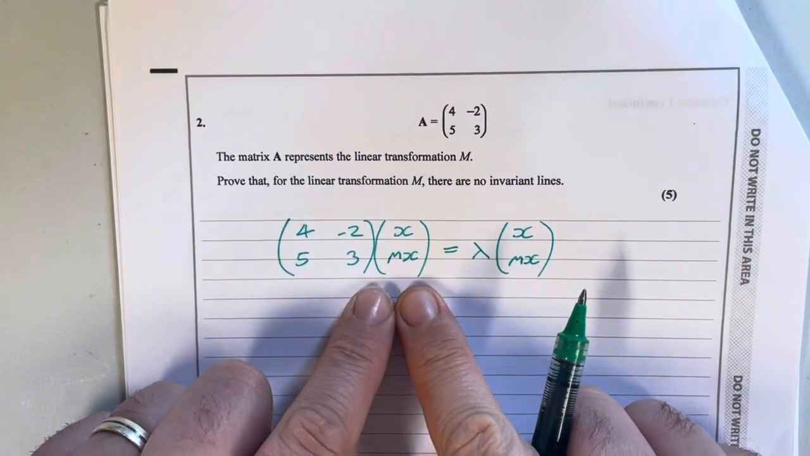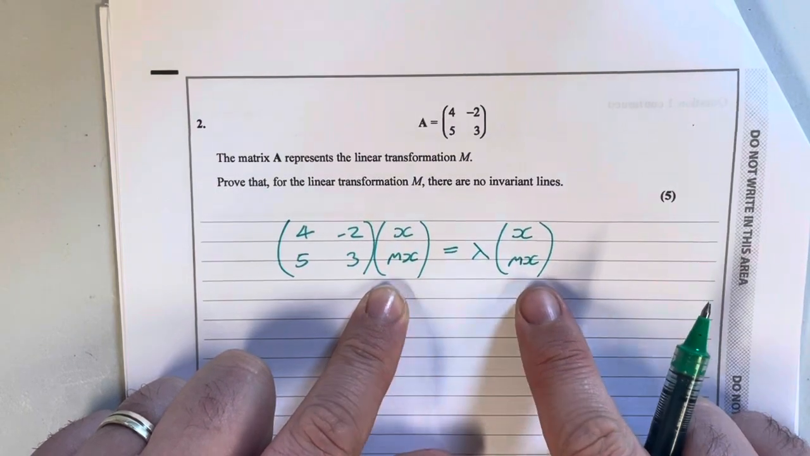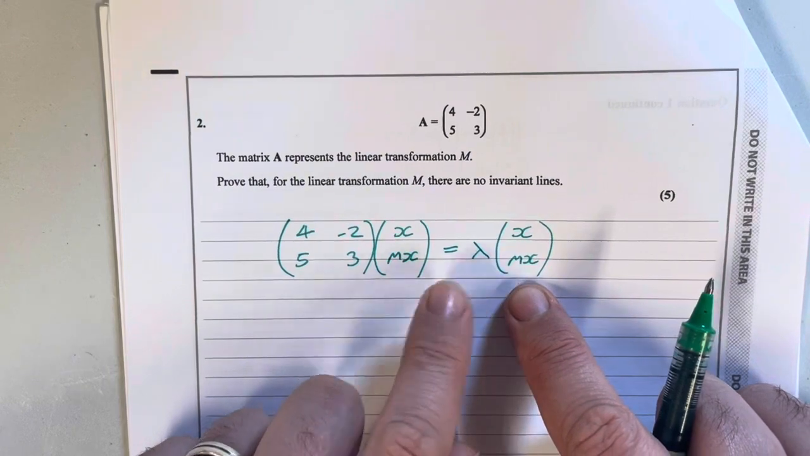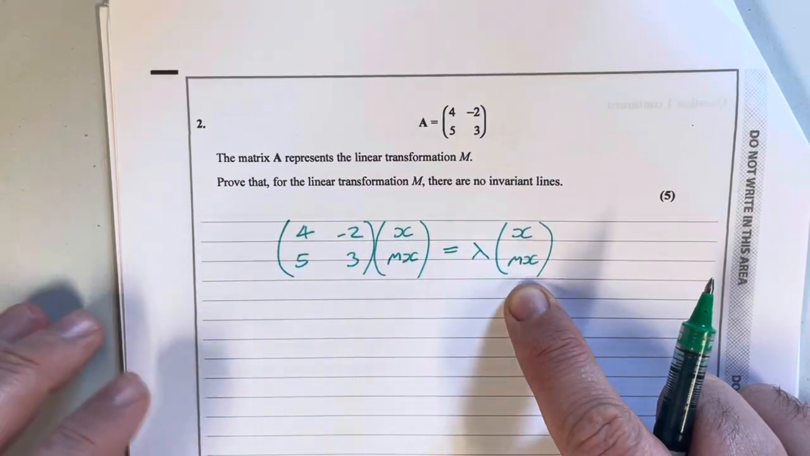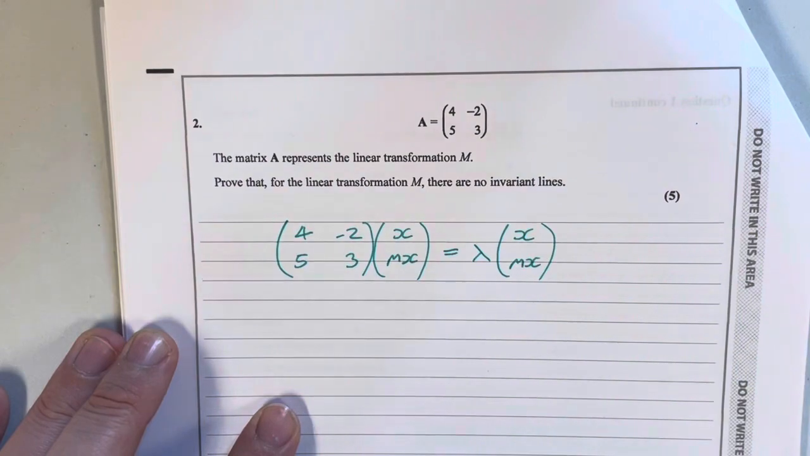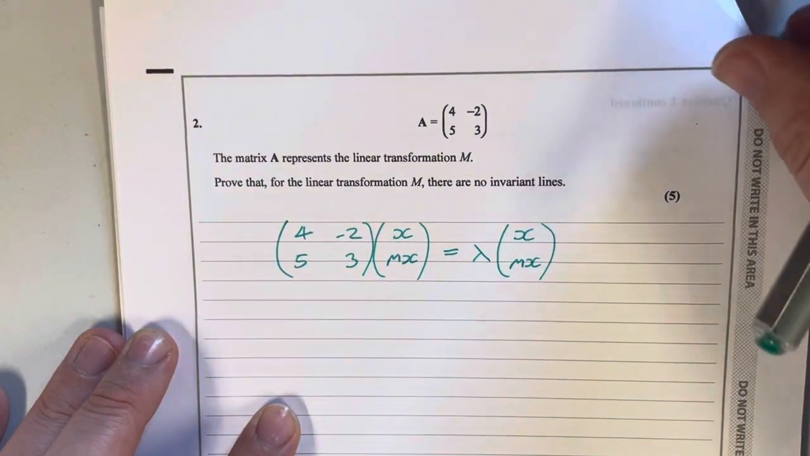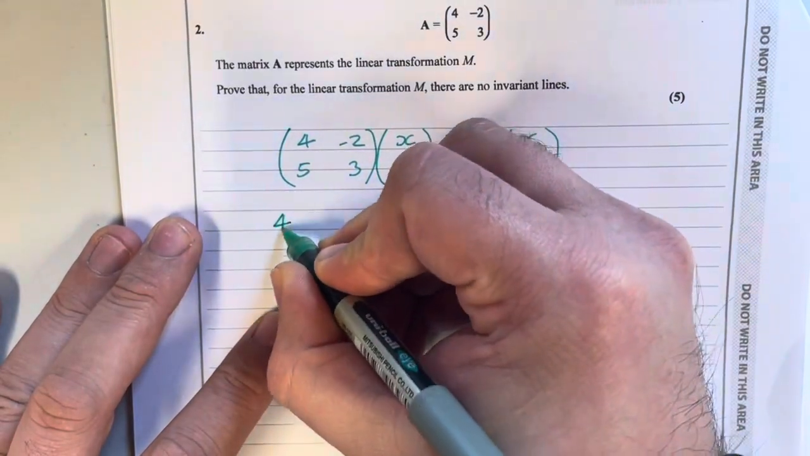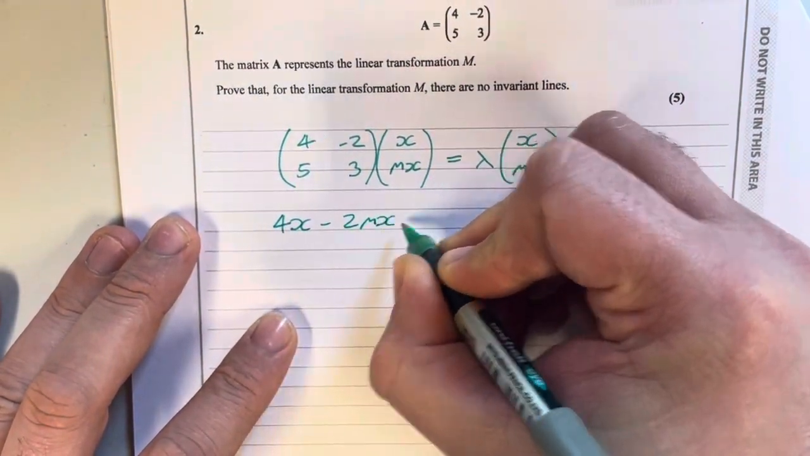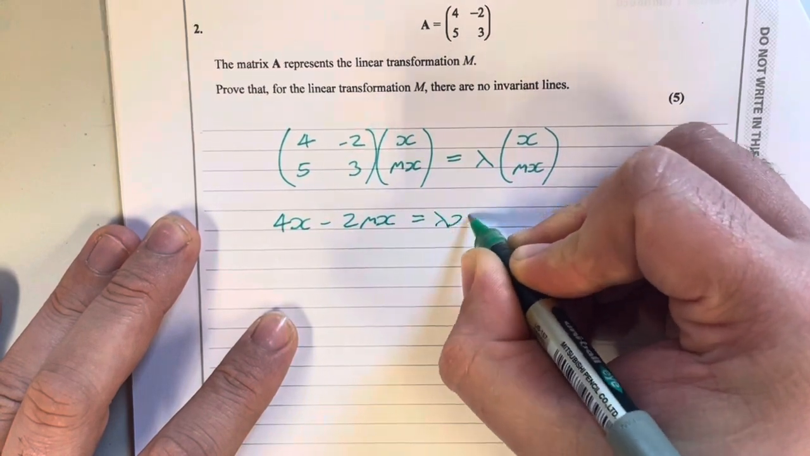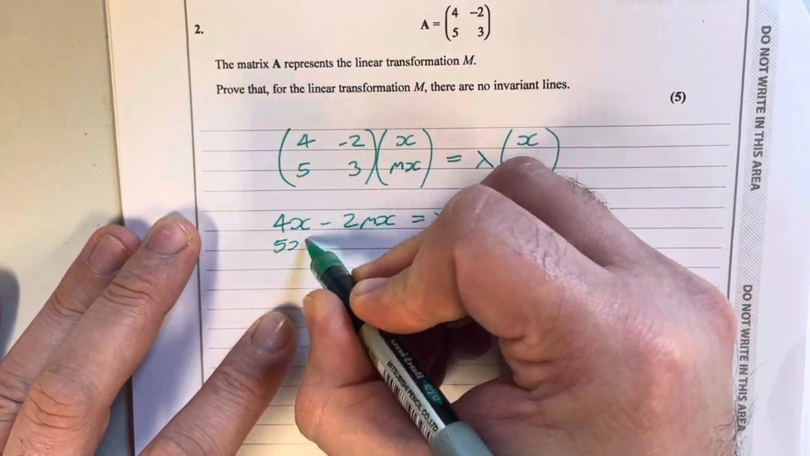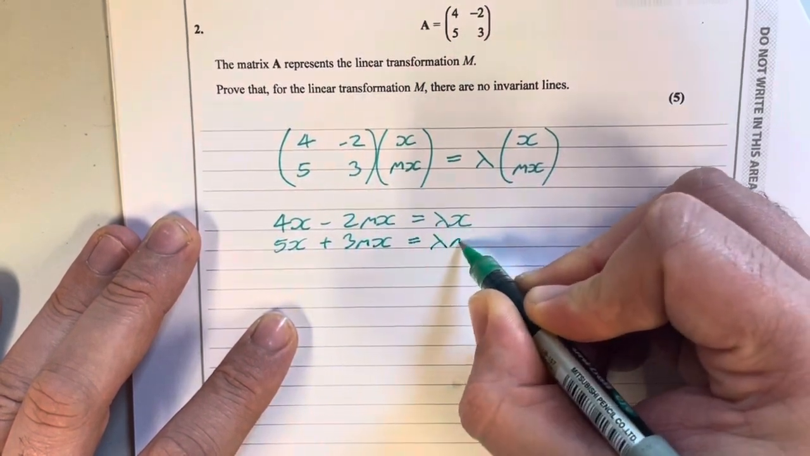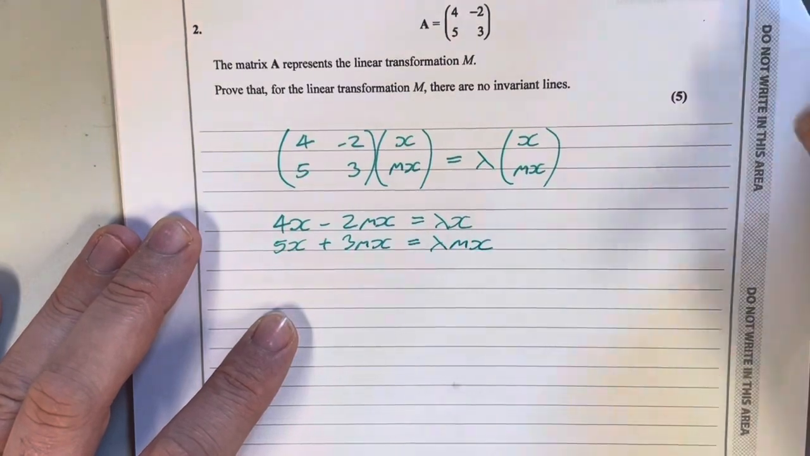So this line then, any point x, mx is mapped to some other point, which has the same gradient but a different point on the line depending on what lambda is. And my job is just to show that there's no values of m for which this is true. So carry out the matrix multiplication. I get 4x minus 2mx equals lambda x, and then the bottom line I get 5x plus 3mx equals lambda mx. Okay, if I eliminate lambda from those,